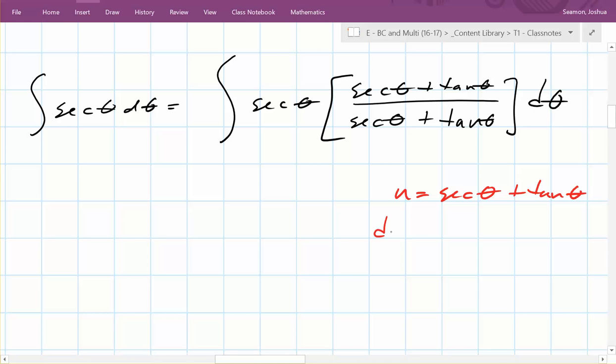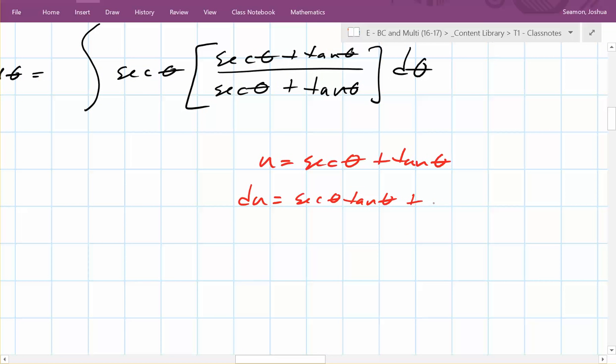So what is du equal to? What's the derivative of secant? Secant theta tan theta. What's the derivative of tangent? Secant squared theta, times d theta on the outside, right? So if you make this substitution, what happens? You end up with the integral of, yeah, secant,